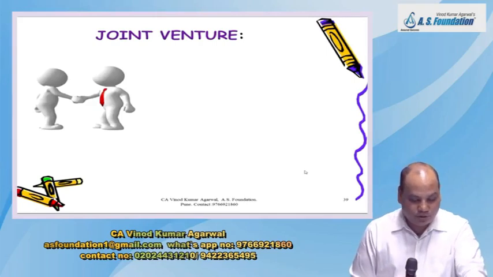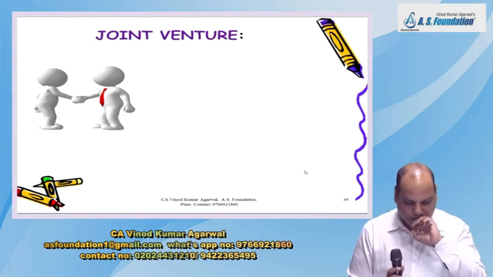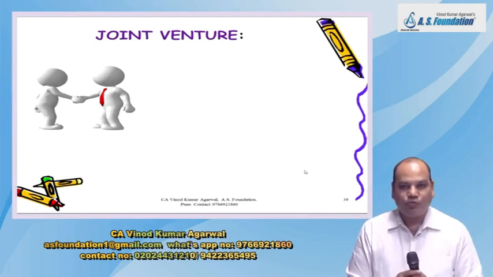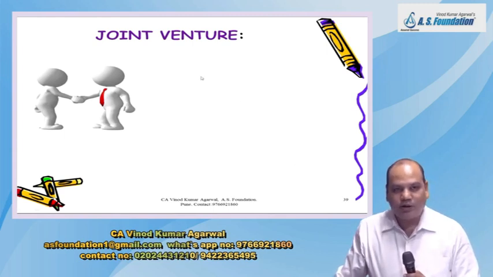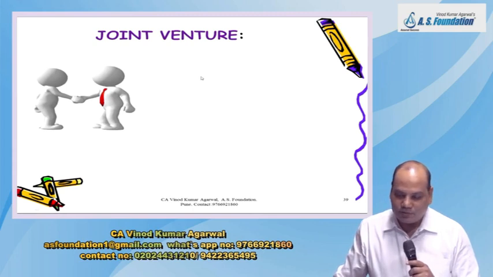Come to this next paragraph, number 9, joint venture. We have seen the features of joint operation. 1. If there is no new separate legal entity formed, it is a joint operation. Even if a separate new entity is created, check whether the operators have right to asset, liability, revenue, expense, output separately. If yes, then it is a joint operation.